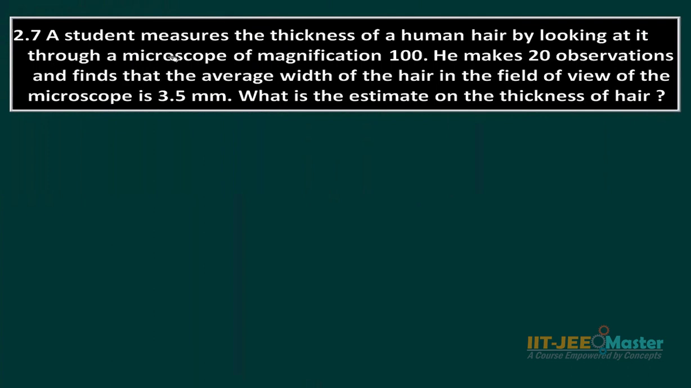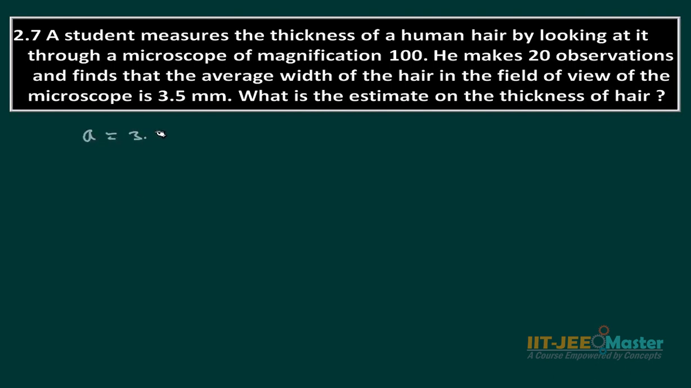A student measures the thickness of human hair by looking at it through a microscope of magnification 100. He makes 20 observations and finds that the average width of the hair in the field of view of the microscope is 3.5 millimeter. What is the estimate on the thickness of hair? The average value